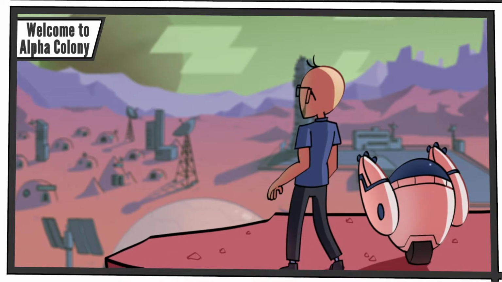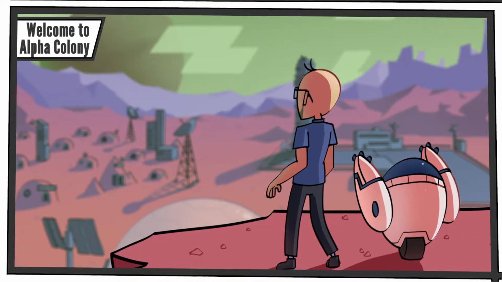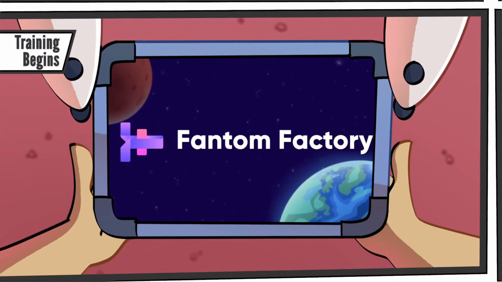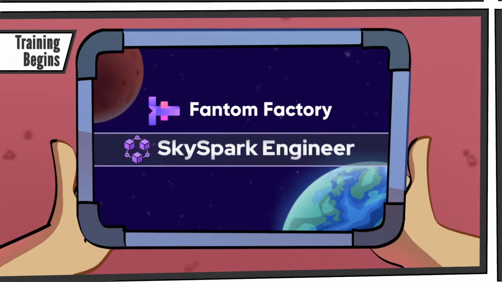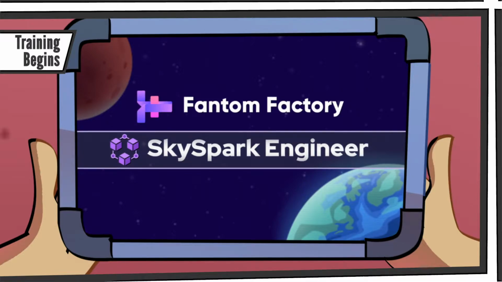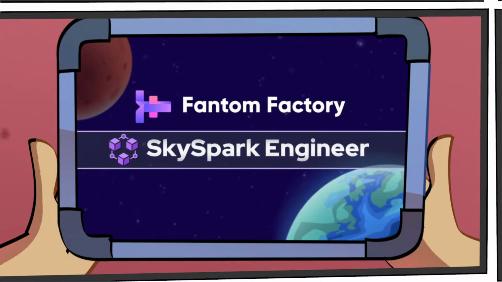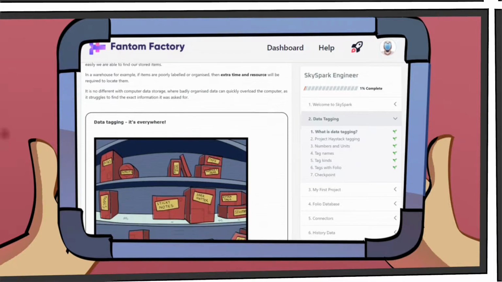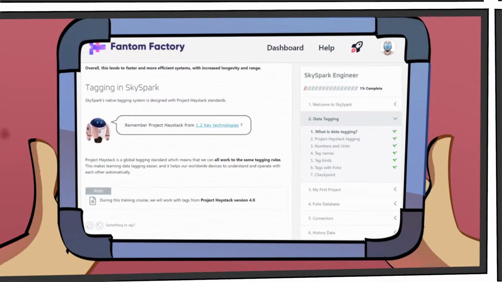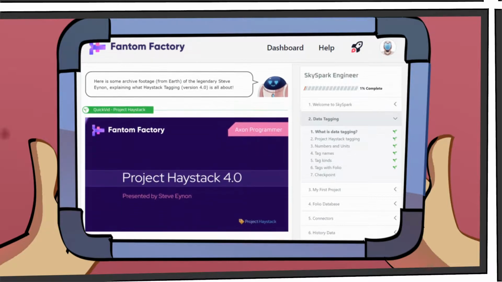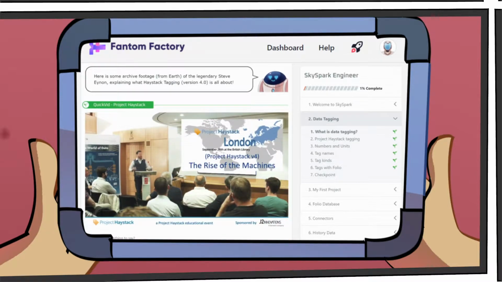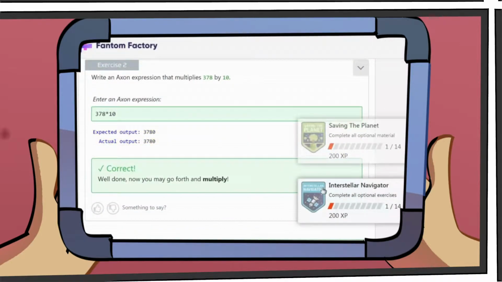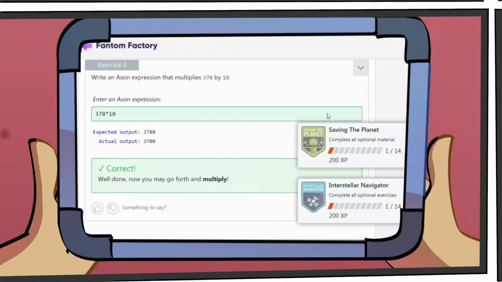This is where Phantom Factory's interactive e-learning takes place. Using scenarios and hosted data for training exercises at the Alpha Colony gives a clean and simple environment to help with easy to understand and applied learning. Gamification is recognized in the training industry as an excellent way to learn. And so our e-learning content is designed for maximum engagement and interaction.